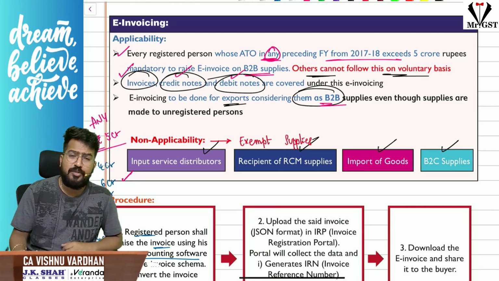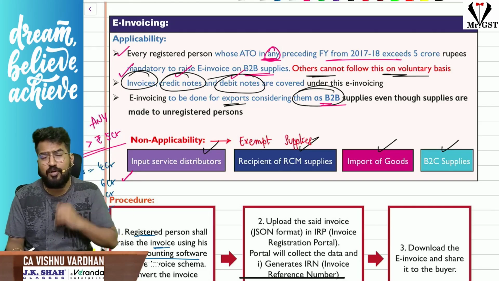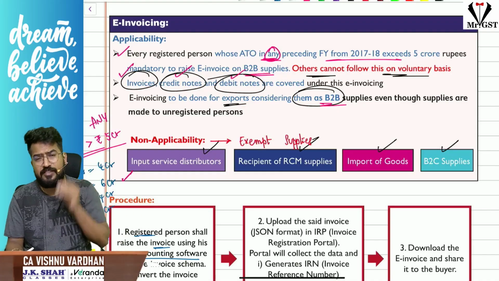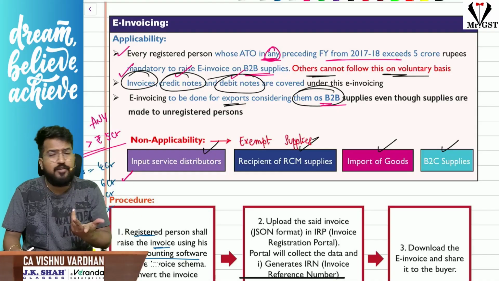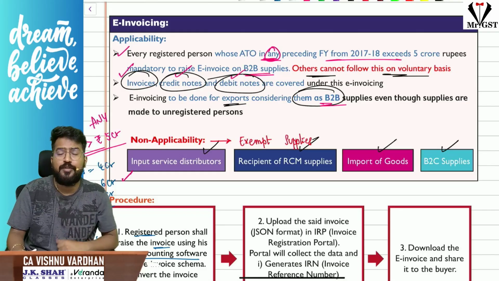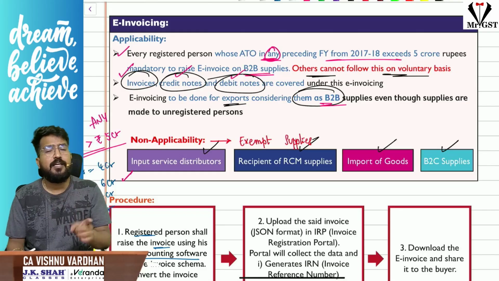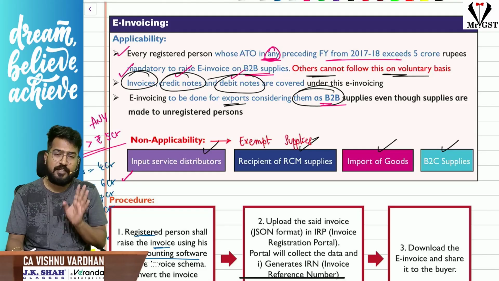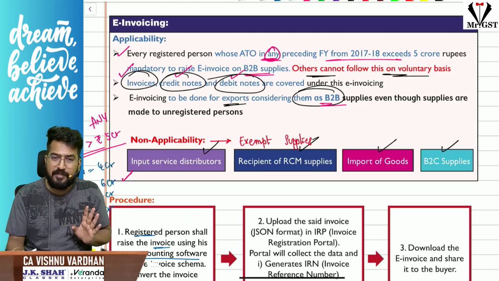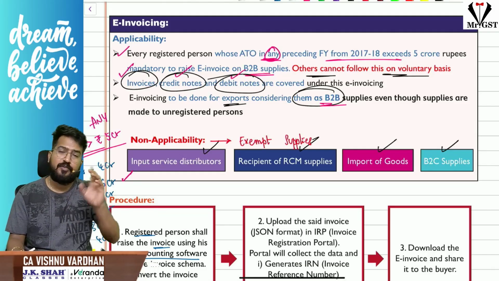Suppose you are exporting something to North Korea. Sir, can you call it B2B because that North Korean fellow has registered under Indian GST law? No. So the point is, sir, what should I do? Then the law says that exports are also to be treated as B2B supplies and you raise an e-invoice even though that fellow is not registered under